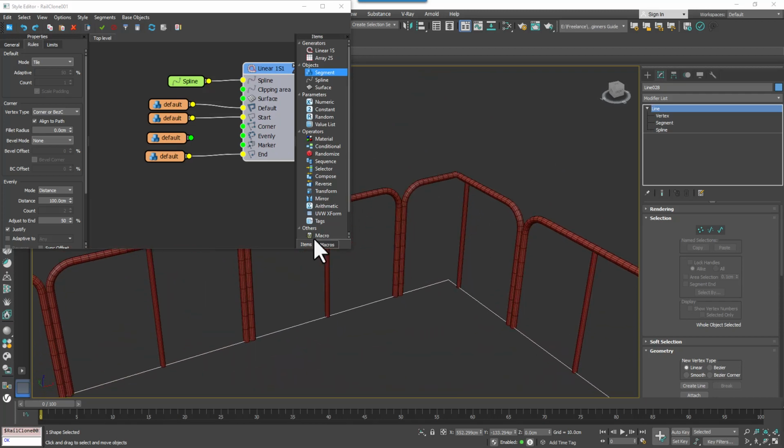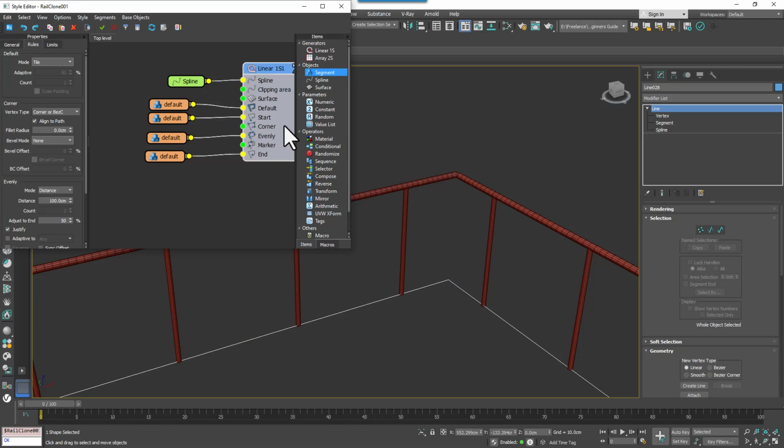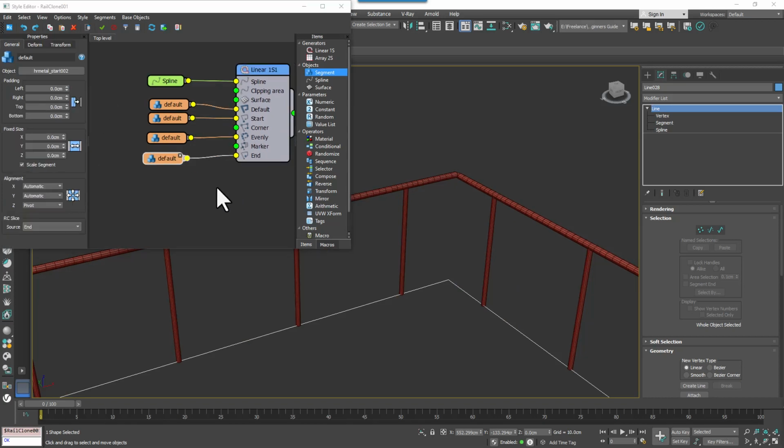So those are our corner options for the default geometry, but you can also add geometry specifically to the corner. To illustrate this, let's put this style back together how it was with adaptive distribution, the default slice, and the evenly input reattached. Now, our source model didn't specifically have a corner included, but we can use some of the slices we already have as a substitute. For example, we can add the existing evenly segment to the corner.